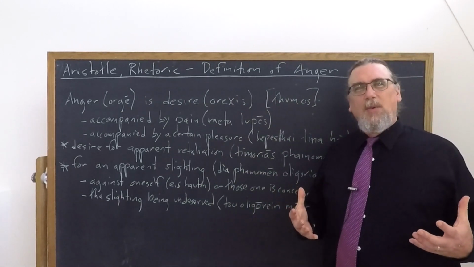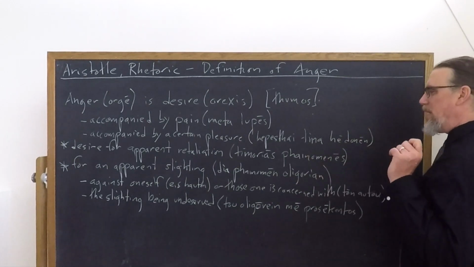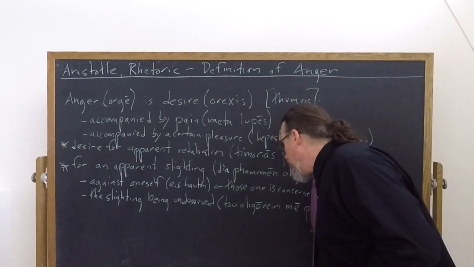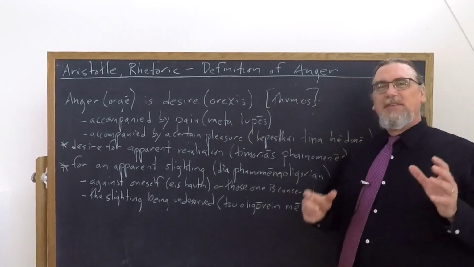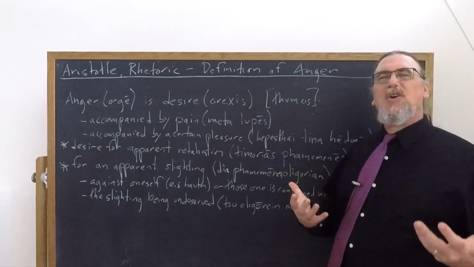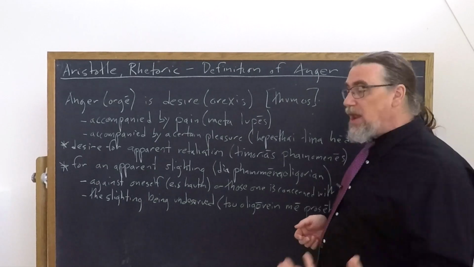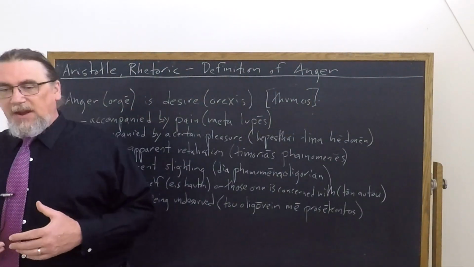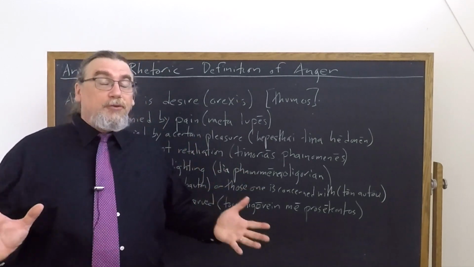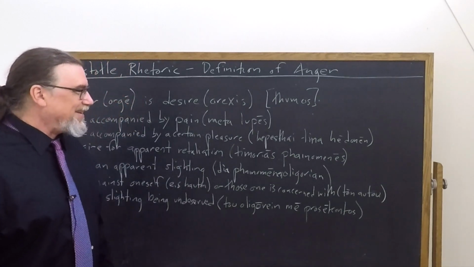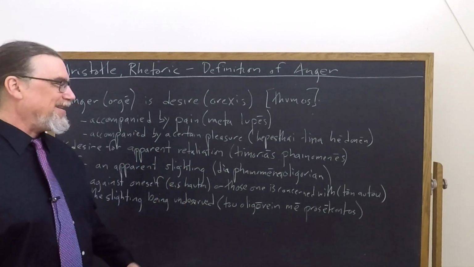What causes anger? What provokes it? What gets it started? Here again, we're going to see this word phainomene playing a major role, right? It is provoked by what Aristotle calls an apparent slighting. So same thing with the apparent before. It could be imaginary. It could be something that is public. It could be something that's merely apparent. Of course, if it is something that appears, it could also be real. It could be something that does take place and is noted as appearing precisely because there's something